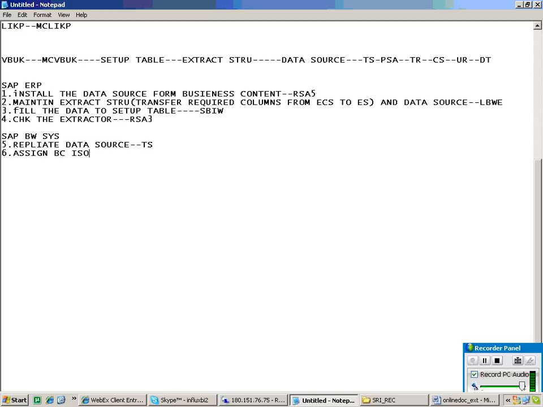This is the business content info source. So these are the different steps which we have to perform.